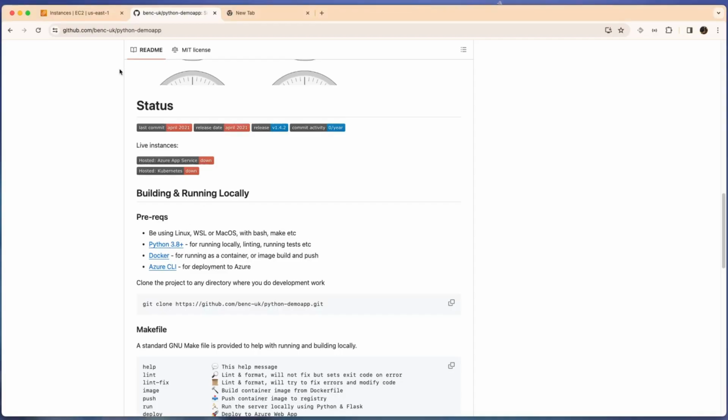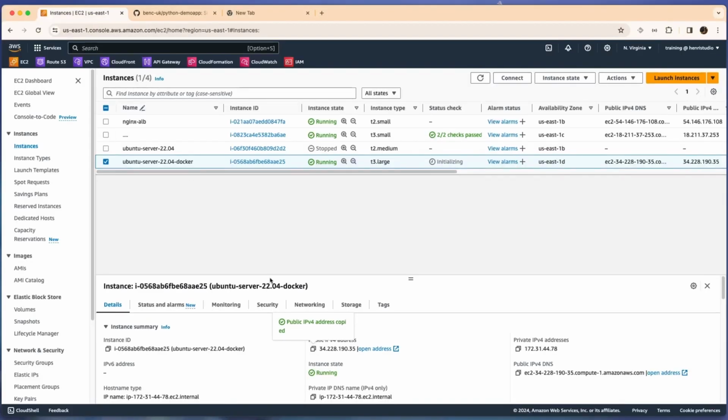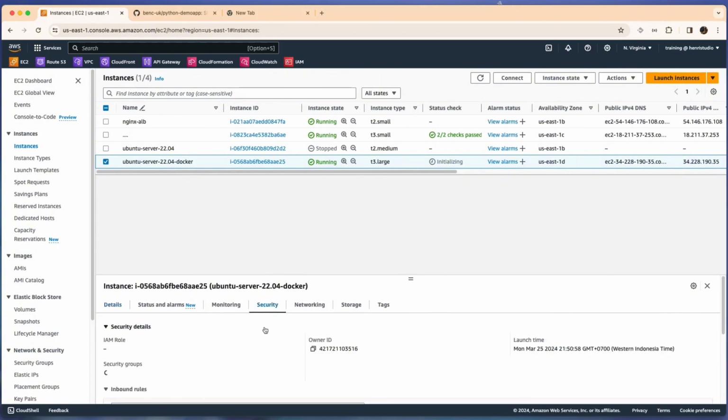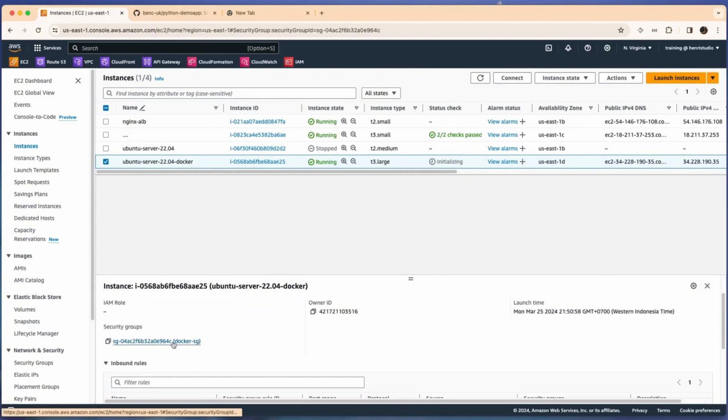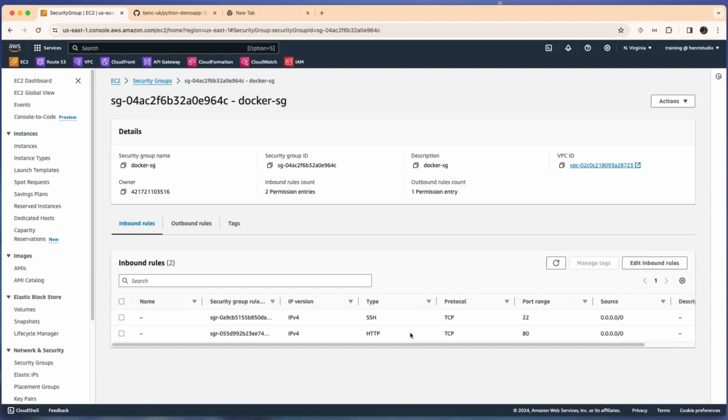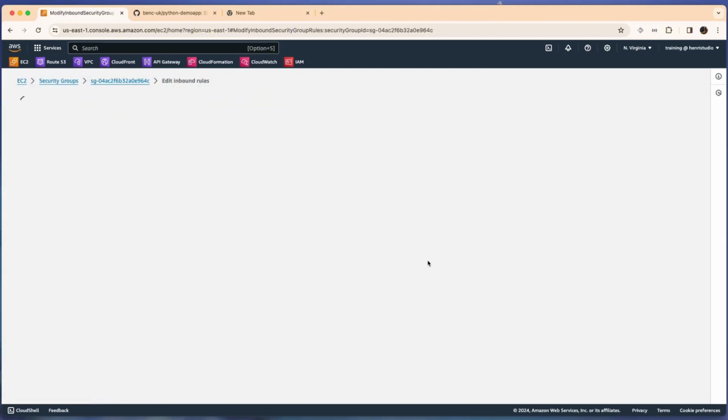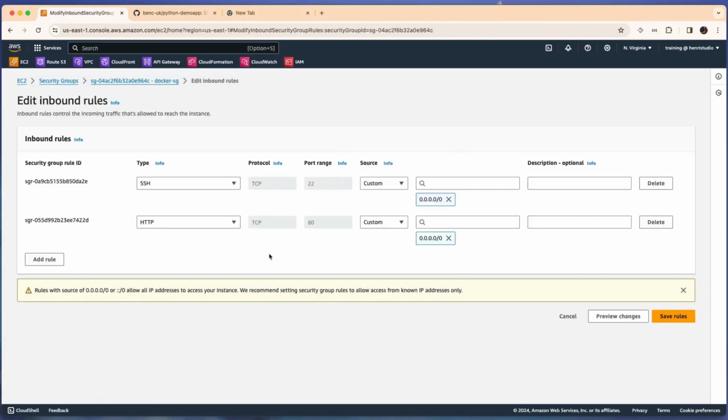We go back again to our instance and we will see the security group. Right now it's only available from port 22 and port 80. We need to allow ports 5000 to 5002 so we can access the Docker containers from our load balancer later on.